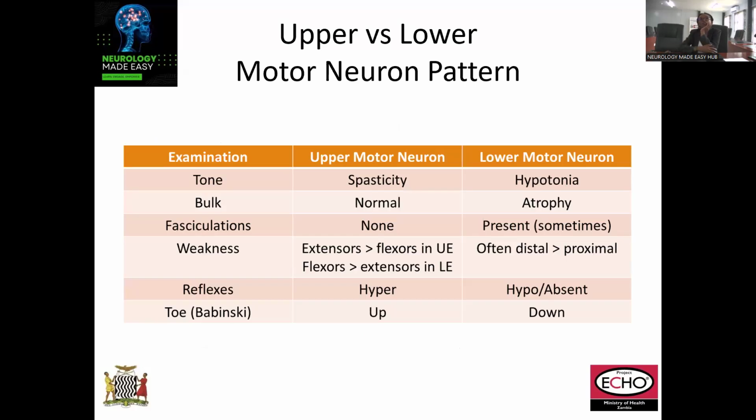Yeah. So that was the exam of the upper limbs and the lower limbs. And it's important to remember the pattern of weakness that you might find, whether it's upper motor or lower motor. In your own time, you might be able to look at all of these. Suffice to say, if you found spasticity and there is weakness, you might think that this is an upper motor lesion, whereas if it's hypotonic, then you think about a lower motor